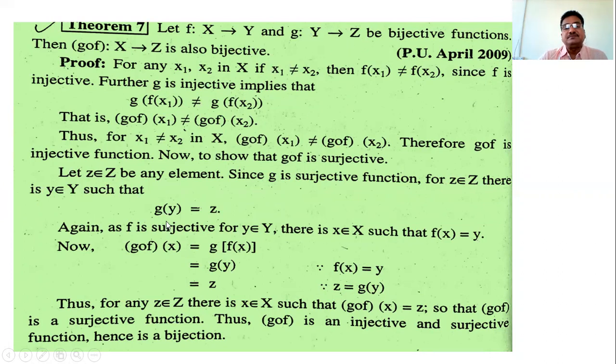It has a pre-image. z is an element of Z, and g is surjective. Therefore each element of Z has a pre-image, and therefore this z has a pre-image. We know, and what is its pre-image? Denoted by y, y is our notation. Suppose y is the pre-image of z, that is g(y) is equal to z. Under g, the image of y is z.